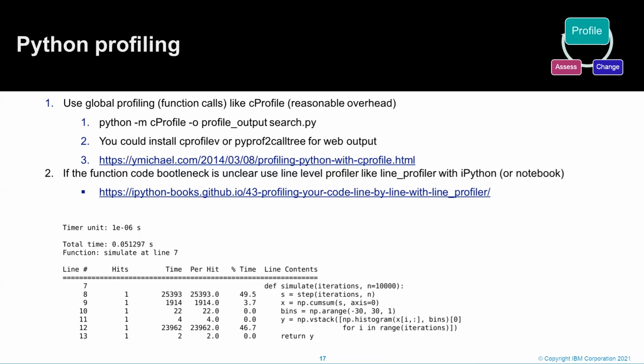So you can usually use cProfile, which is a default in Python. Everything is available, of course, in the OpenC environment, and you can very rapidly check for the functions in your code that consume the most CPU and time.